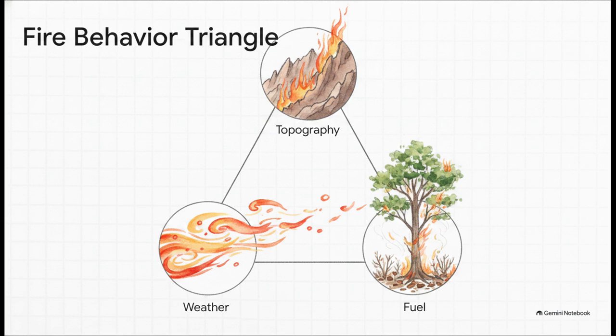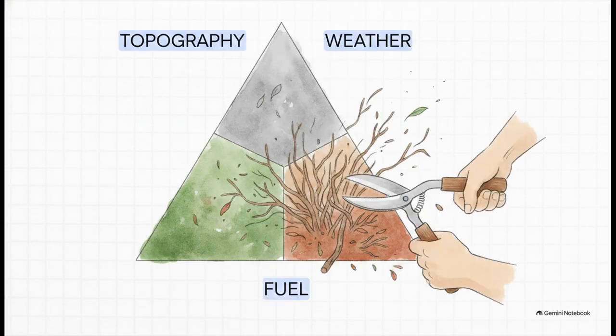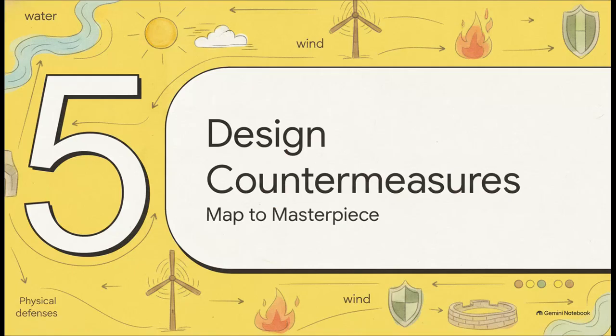You have to map all three variables to know exactly which direction a fire is likely to assault your property from. Now, we can't change the slope of a mountain, and we definitely can't change the hot downslope winds. But fuel? Fuel is the physical medium of combustion. It is literally the only side of the triangle that we can manipulate. We have the absolute power to design how our vegetation burns, or, much more importantly, how it doesn't. Which leads us perfectly into Section 5, designing proactive countermeasures,